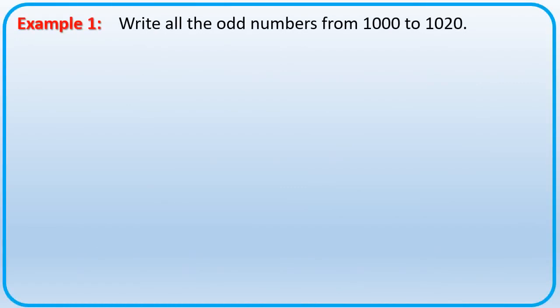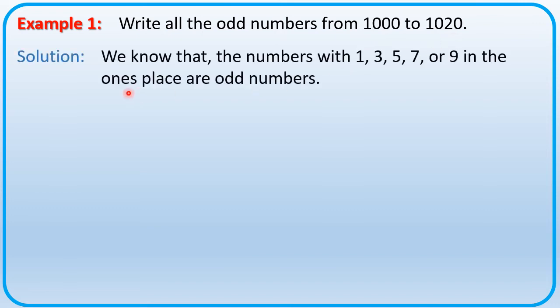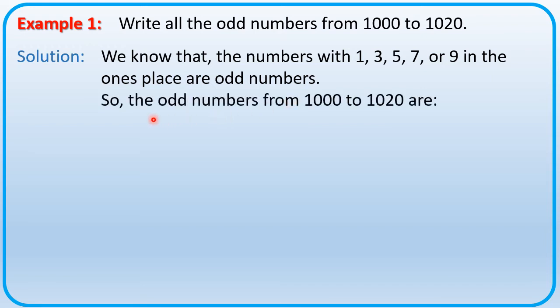Let us take a few examples to understand more about number patterns. Example number 1. Write all the odd numbers from 1000 to 1020. Solution. We know that the numbers with 1, 3, 5, 7 or 9 in the ones place are odd numbers. So, the odd numbers from 1000 to 1020 are